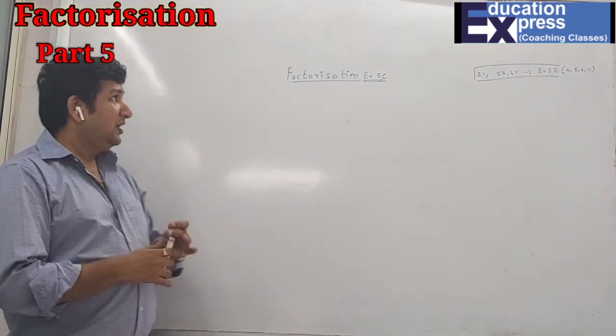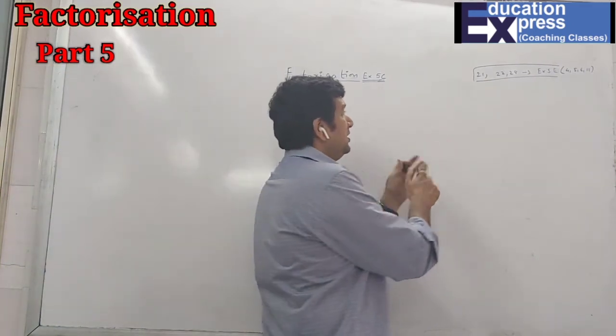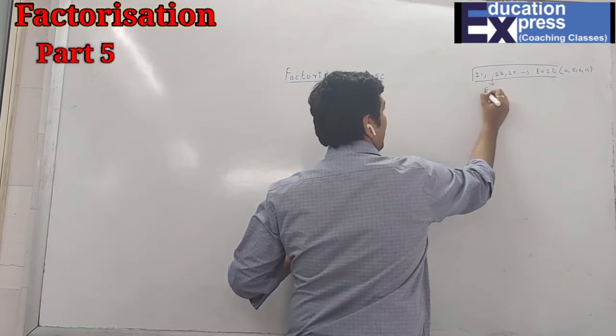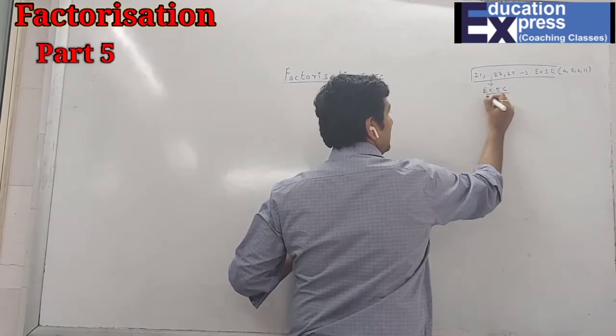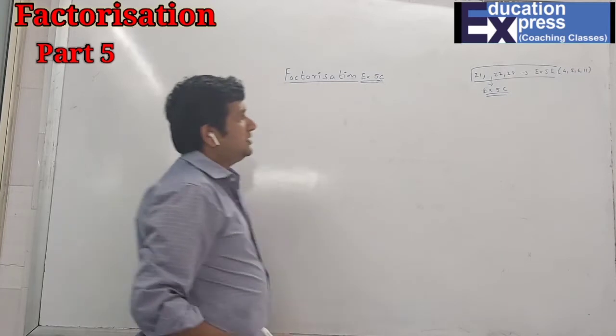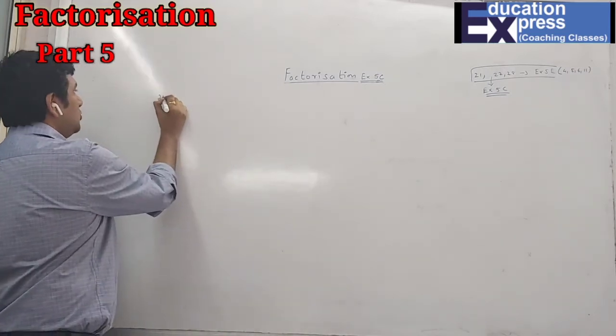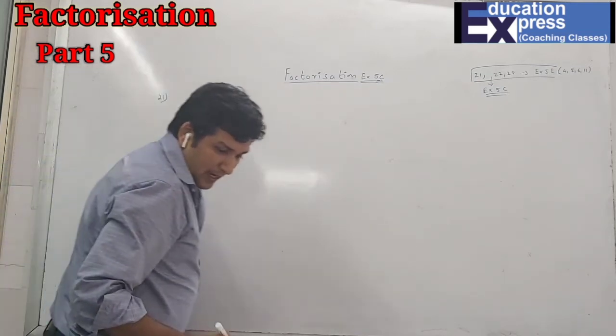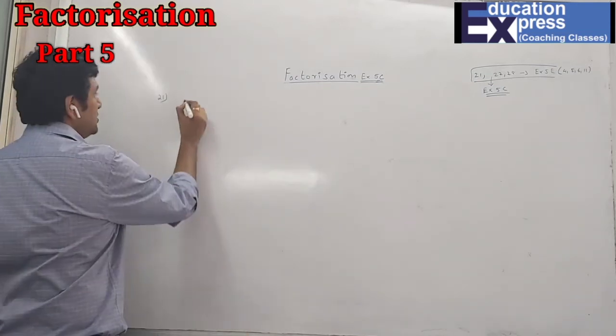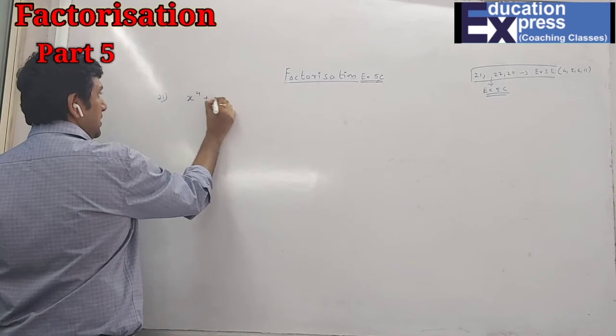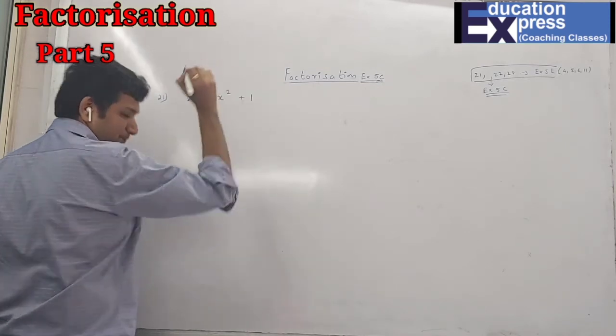Answer. Okay, now we are left with the last variety. This is of the exercise 5C and 5B. All are same to same. So we start with the 21st sum. Just see how to do this type of sums. And how will you come to know that this sum has been asked? This variety has been asked. Very important.